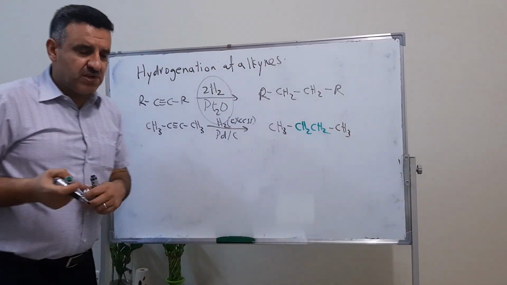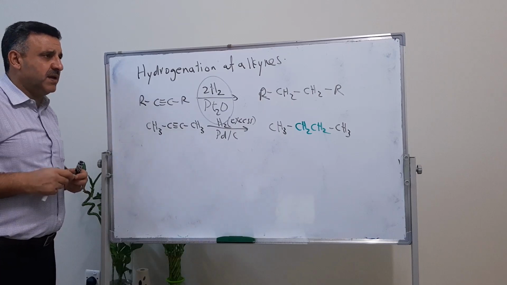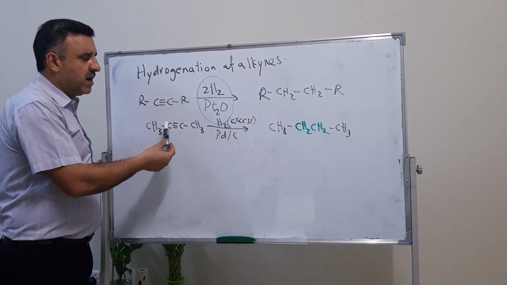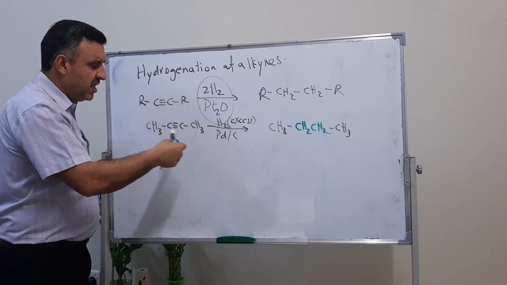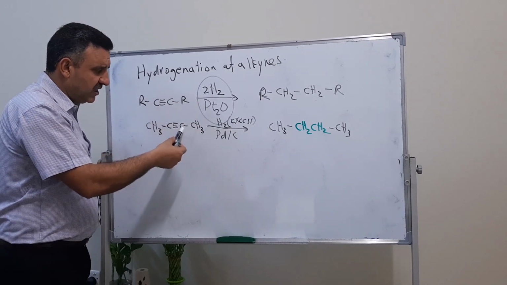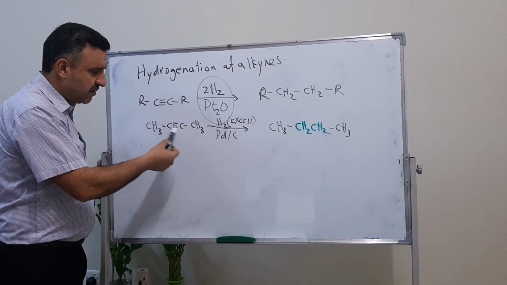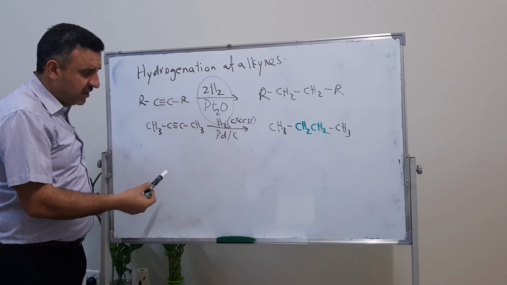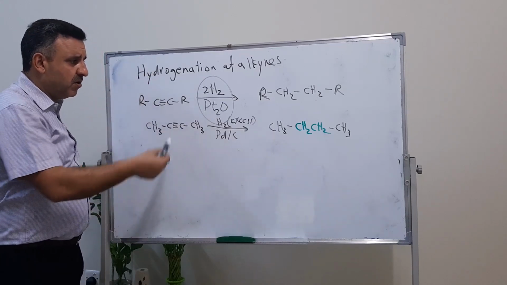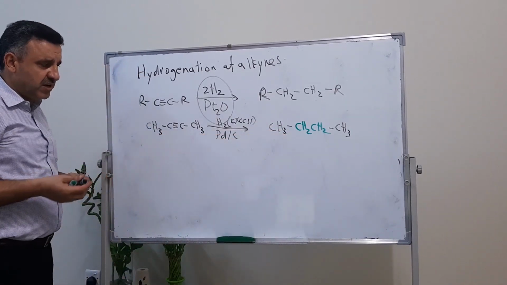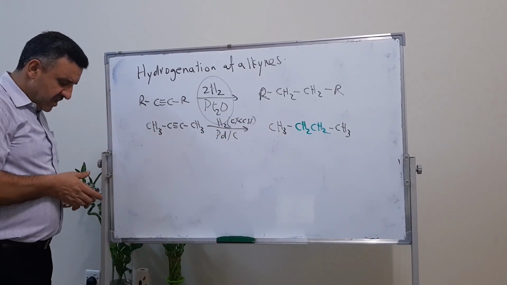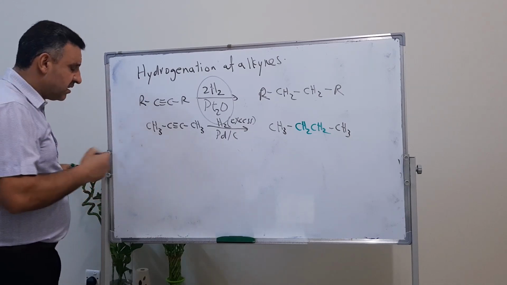Do you follow me? So what's going to happen is that we are not going to stop at the alkene level. The first mole is addition to the 2 carbons, so we get alkene. Then addition of another mole goes to the full alkane, which is full saturation. Right? Now, if we use another catalyst,